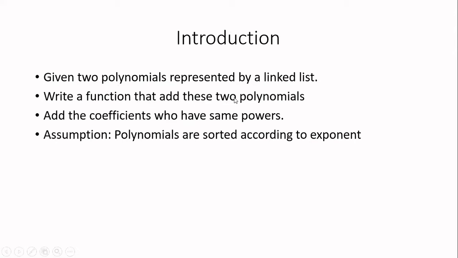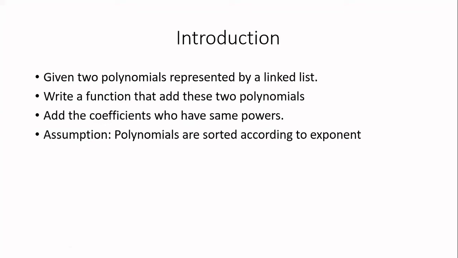While you are adding, we are going to make an assumption that the polynomials are stored in sorted order according to the exponent. What this means is, we are going to store all the exponents in descending order. That means whichever is the highest power, that term should appear first in your polynomial. Generally, when we write a polynomial, we write it like that only. For example, if you take a quadratic equation, we will write ax square plus bx plus c. The first term will be the highest power.